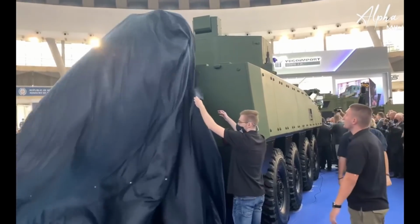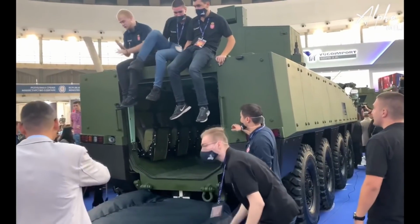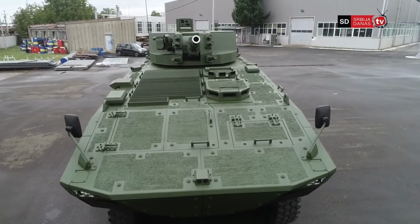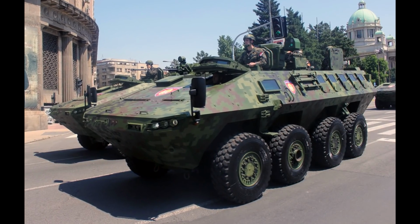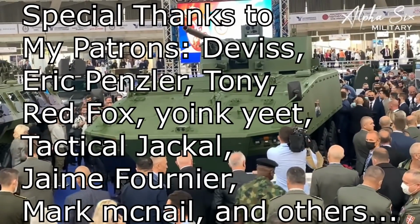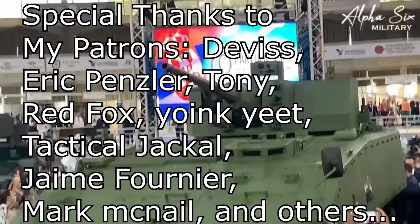Serbia unveiled the new infantry fighting vehicle on the Yugoimport presentation. The new vehicle is called Lazanski to honor the recently deceased Serbian Ambassador in Russia. The vehicle is said to be made on the basis of the Lazar 3 vehicle, but drastically improved on it. Lazanski is pretty special in a way that, according to the manufacturer, it is the first wheeled infantry fighting vehicle